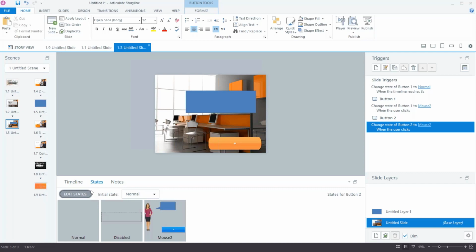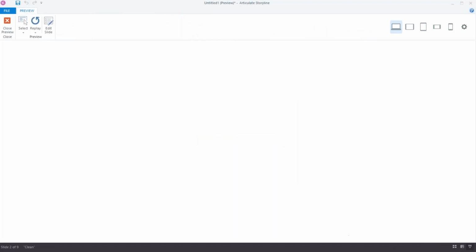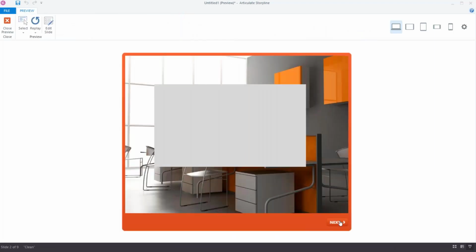Why is extra navigation added or needed when it already exists automatically at the bottom of your finished product? Okay, it's not needed, but sometimes it's wanted. Sometimes I want my navigation buttons to look a certain way or to be in a certain spot on the slide. If I go in and I've got my slide that has the navigation buttons built in, when I preview that slide, you can see that they are right here at the bottom.